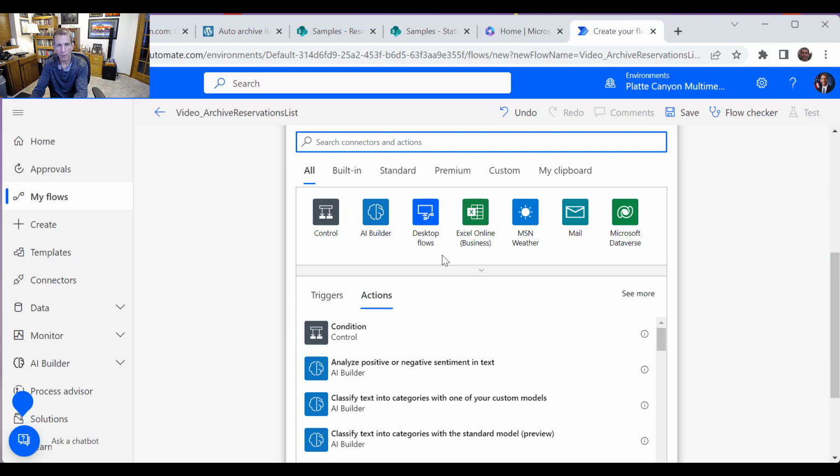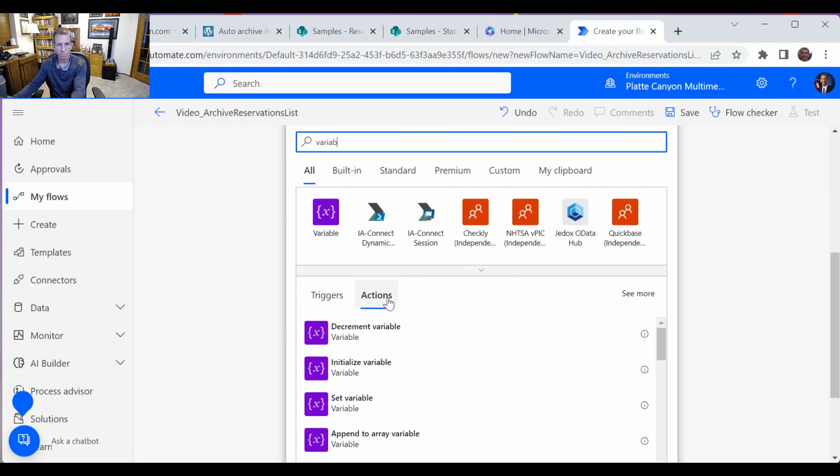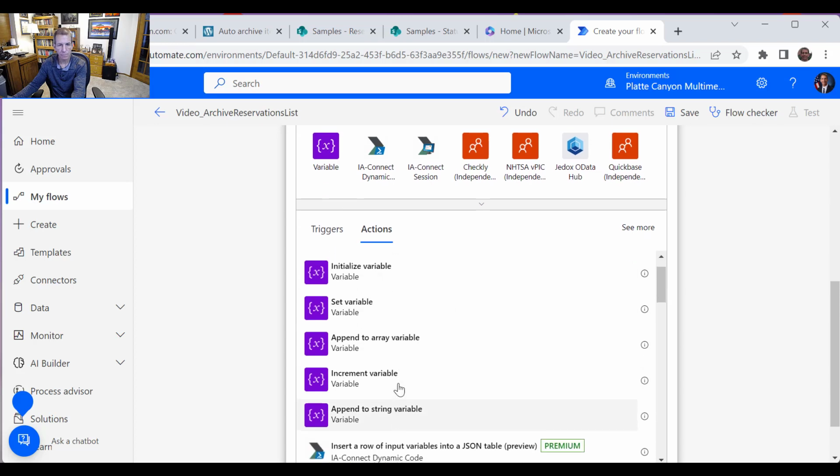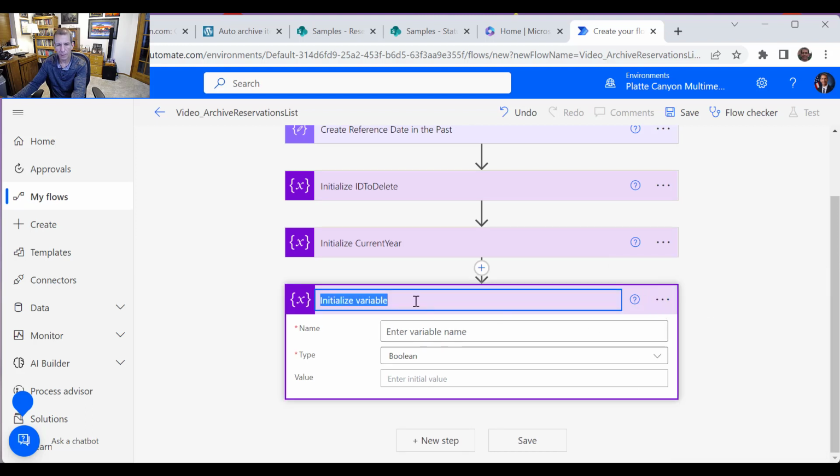And then I've got one more variable. There it is. We're just going to create a variable that tells us how often we're going to update our archive. So I'm just going to say the year changed archive list. I kind of played around with various versions. This is the best I came up with. So I'm going to give that an integer, and I'm just going to call that